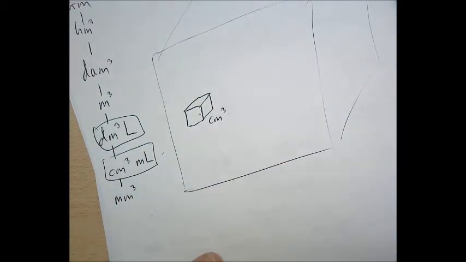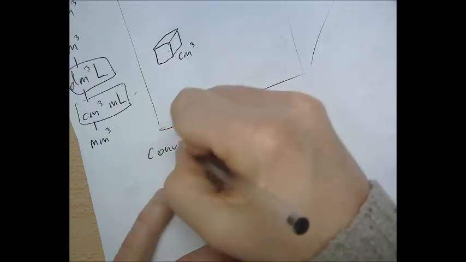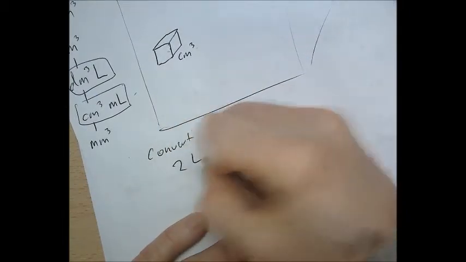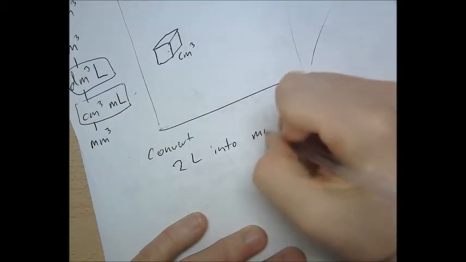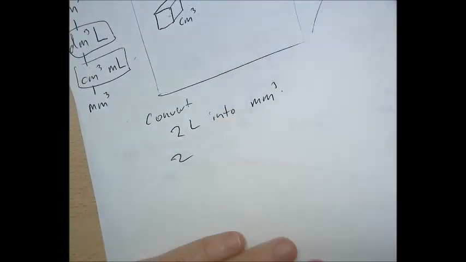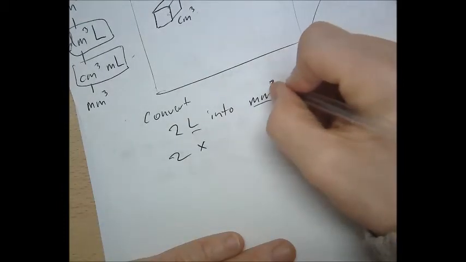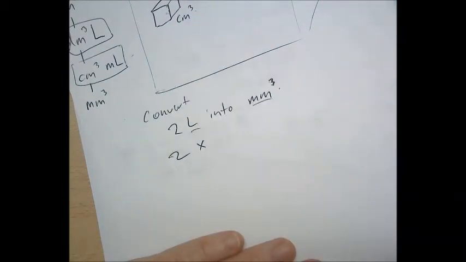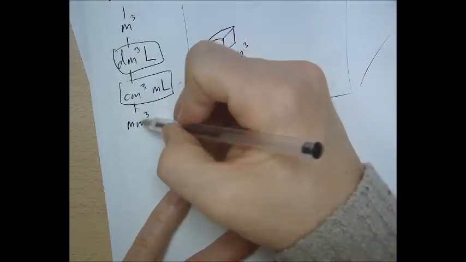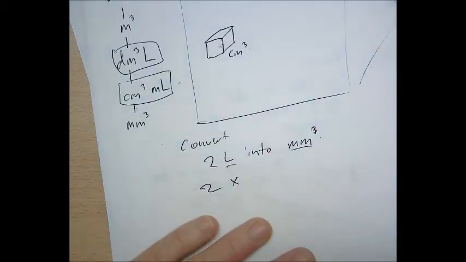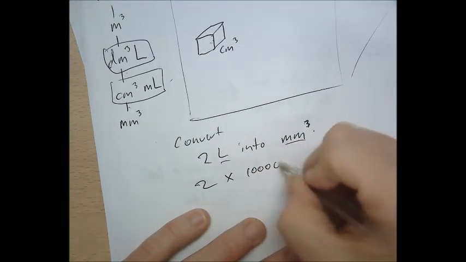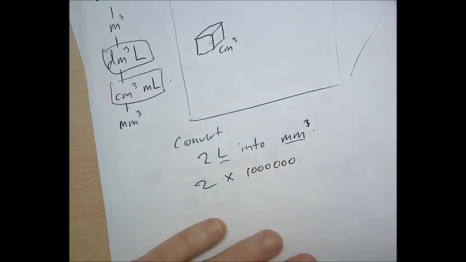And now conversions are like this. Convert 2 litres into cubic millimetres, lay down the 2. That's little, that's big, so we're going to times to make sure we get a big answer, because we should be expecting a bigger answer if we're fitting a smaller unit into the same space. Count the jumps. There's 2 jumps between a cubic millimetre and a litre, so lay down 6 zeros because it'll be 1,000